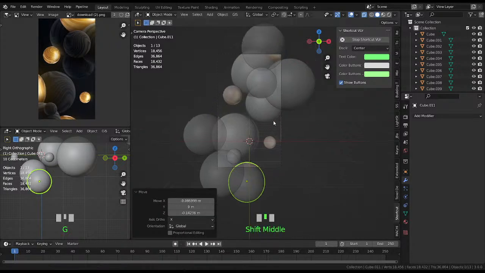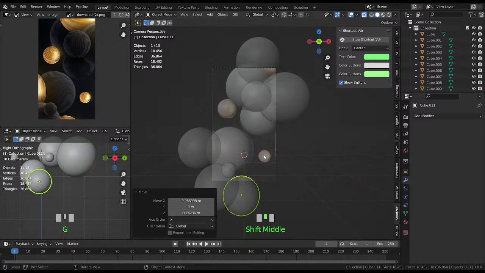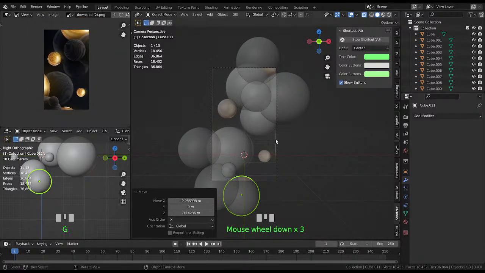Alright, perfect. I think that's enough. Alright, so what can we do now? What I want to do is add materials. How about that? So let's go to